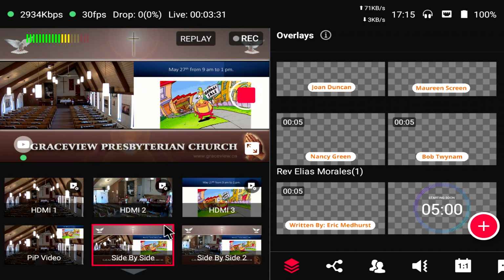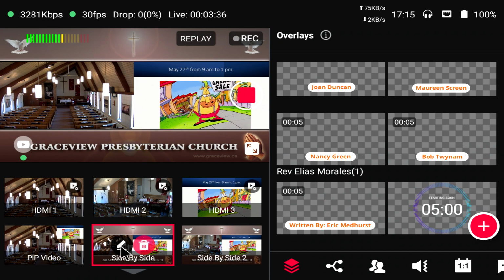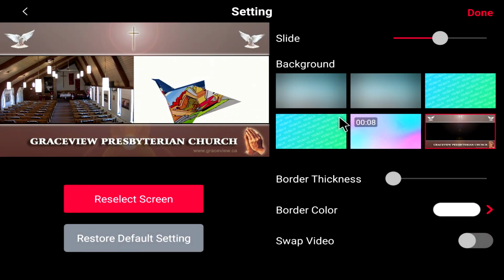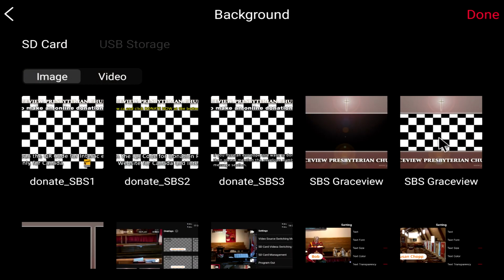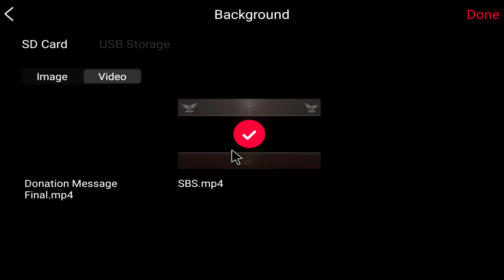So what we have to do, we have to edit this source. So we press and hold it, click the edit button, and then we'll press and hold this icon, and we'll click the swap button. And now it's not going to be in this view. It will be in the videos tab because it's a video, not an image. So we'll just click video, and instead of clicking donation message final, we'll click SBS right here,